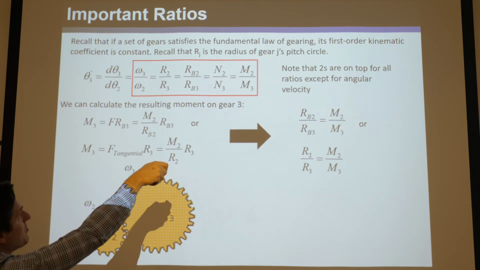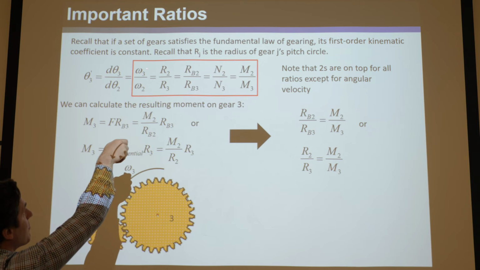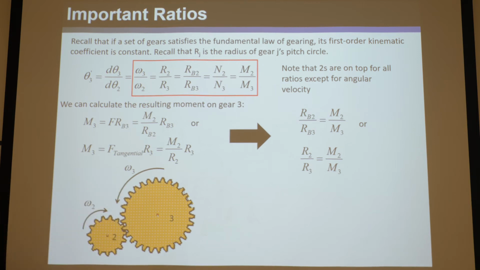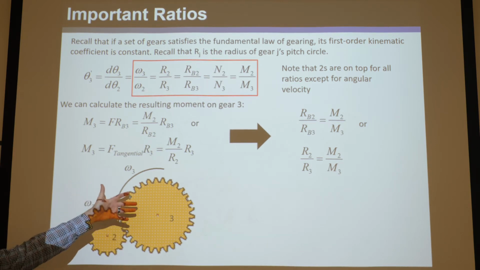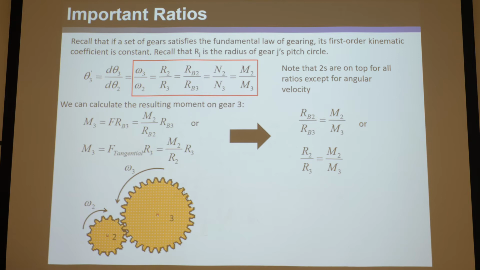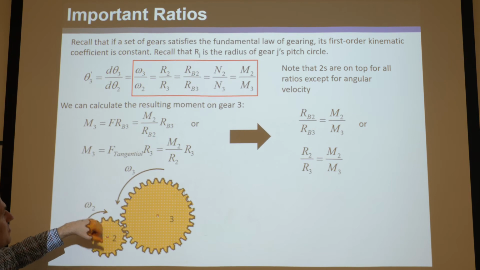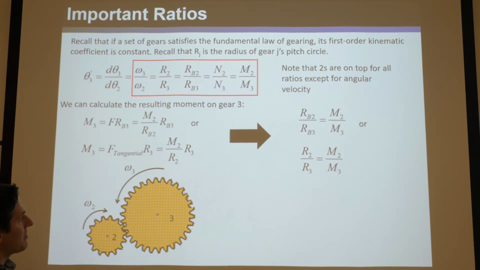You times omega 2 by m2 and times m3 by omega 3. That's moment times angular velocity, which is power in, and that equals power out, is what we're basically saying. And there's no losses in that equation because it's quasi-static. This is only true for quasi-static scenarios. So we just proved that m2 times omega 2 equals m3 times omega 3, which also means that